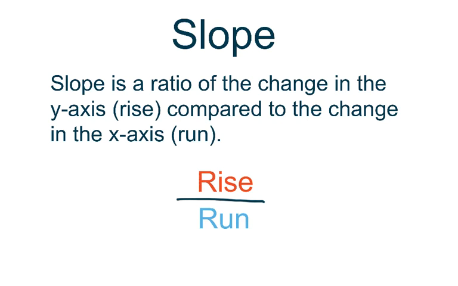Slope. Slope is a ratio. It compares the change in the y-axis to the change in the x-axis. Simply put, it looks like a fraction. The top number, the numerator, is how far up or down you travel from one point to the next on